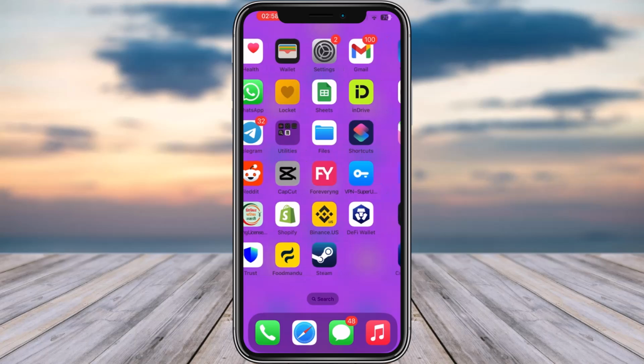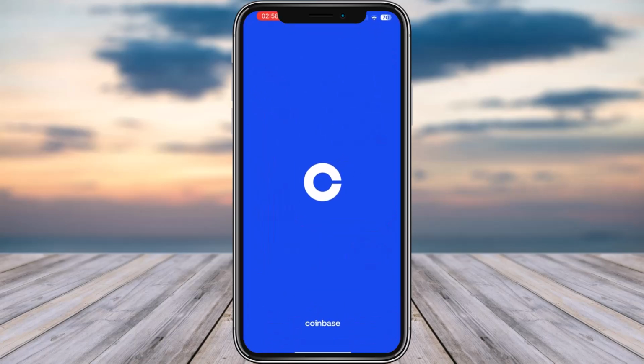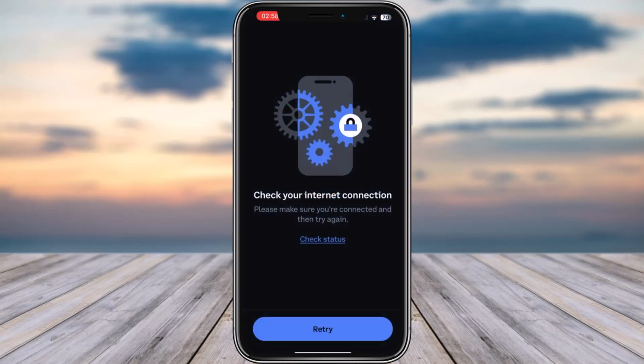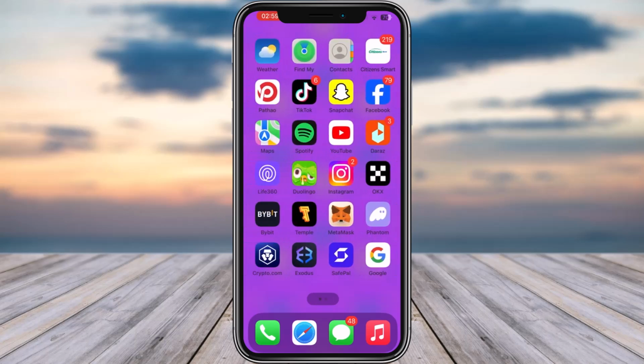Let's get started. So we're gonna open our Coinbase app, and once we open it, it's simply not gonna be able to proceed any further. It's gonna show this kind of interface. Now if it shows this, then basically it is either not available in your region and you have to use a VPN to open it, because it is only available in some regions. But despite it being available in your region, if it's showing this kind of notification, first thing first,